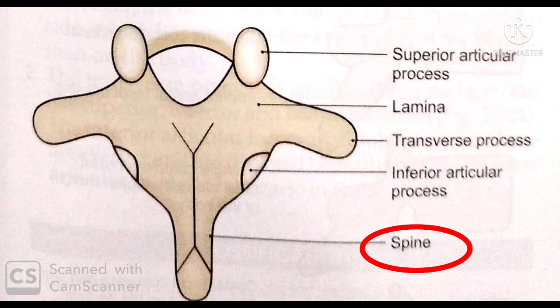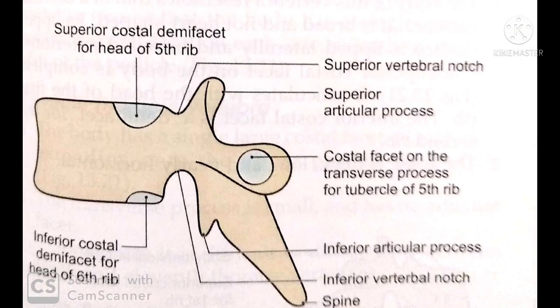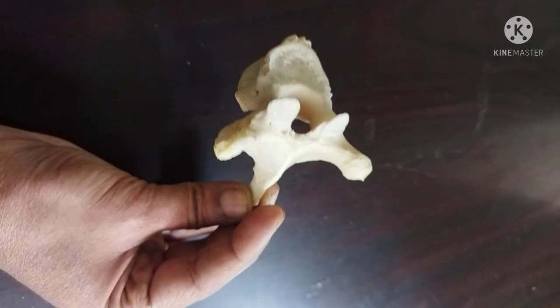Coming to the spinous process, they are directed downwards and backwards. They are very long and vertical and overlap each other. The spinous processes of the upper four and the lower four vertebrae are relatively short and less oblique in direction. The backward slant decreases from above downwards, and at the 11th vertebra the spine is directed almost downward. It is termed the anticlinal vertebra. Below this level the spine slants dorsally and backwards. The spine provides attachment to the supraspinous and the interspinous ligaments.